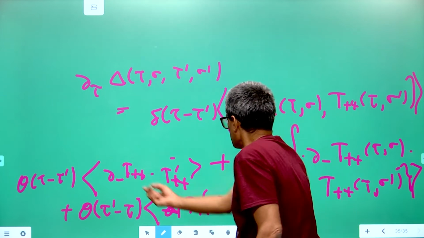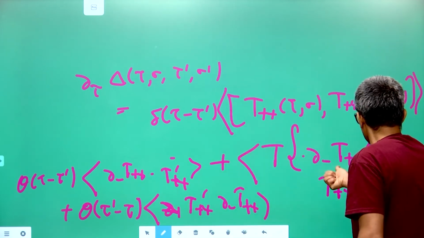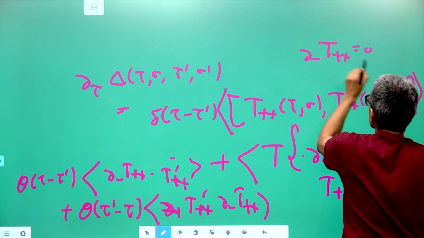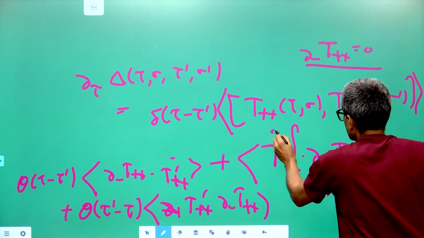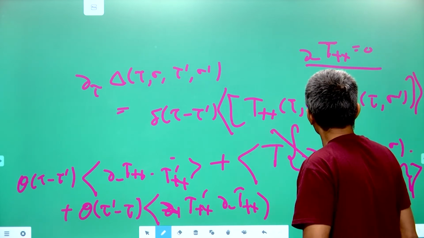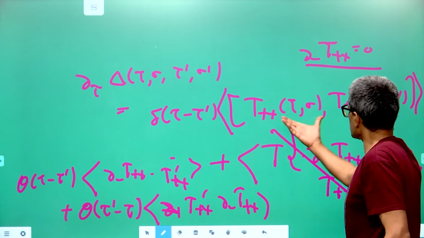So if I combine these two, I can write it in this form, and by the equations of motion, dou minus of T plus plus is 0, the energy momentum tensor is conserved, so this is 0, so you get just this term surviving. And this is nothing but the anomalous part of the commutator,